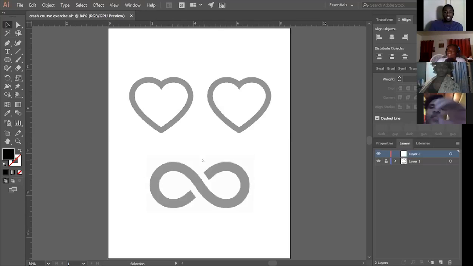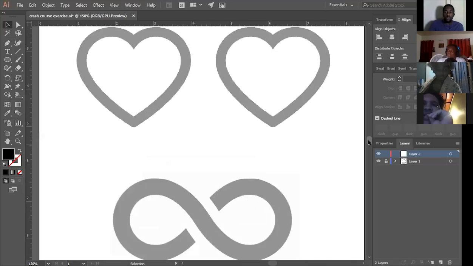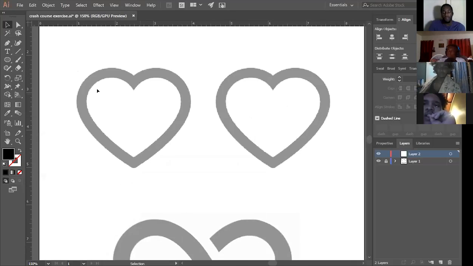Alright, so here's what we're going to do with these shapes. I want you guys to use the pen tool and trace over these exact shapes. After you initially pass the learning curve of using the pen tool, your next struggle will be where you place your next anchor point, because I know people will place points and just go around it,